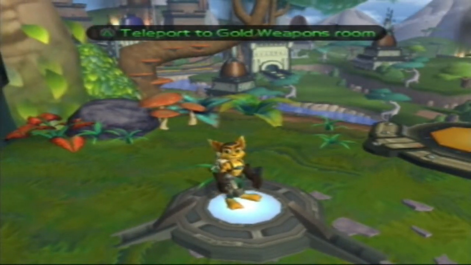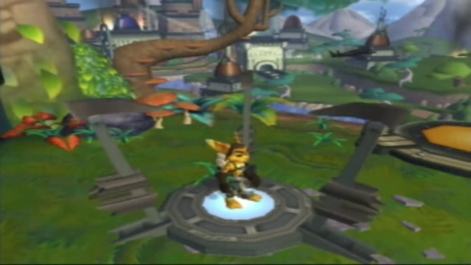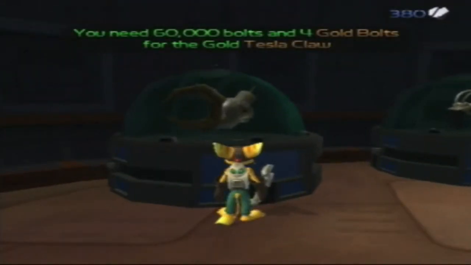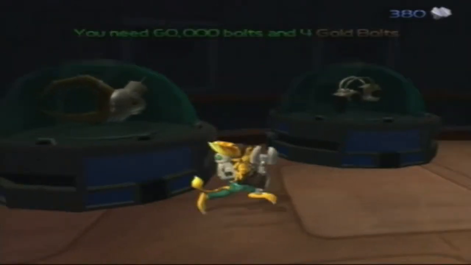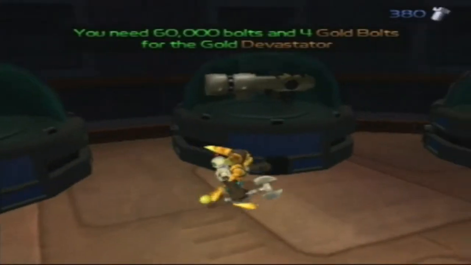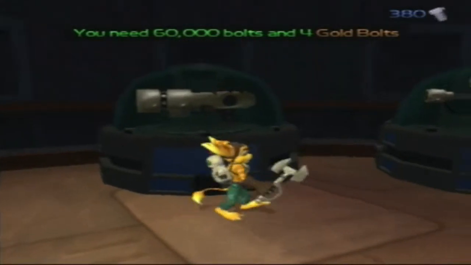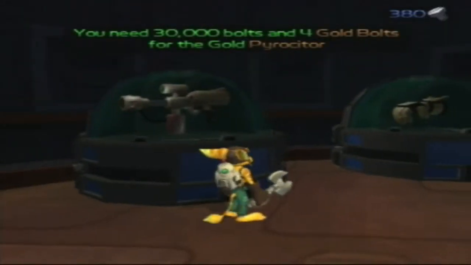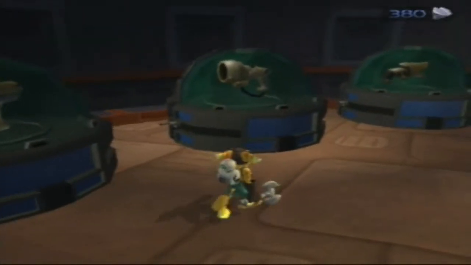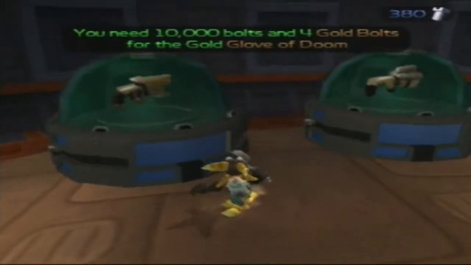Now, if you go to the Galactic base when in challenge mode, you can also have all the 10 gold weapons there as well as in here. So here we have the gold Tesla Claw, which is 60,000 bolts and 4 gold bolts. 20,000 for the Glove of Doom, 60,000 for the Devastator. Well, no bother saying the gold bolts because it's all the same. 30,000 for the Parasiter. 10,000 for the Mine Glove, 20,000 for the Gold Blaster, 20,000 for the Morph-o-ray,